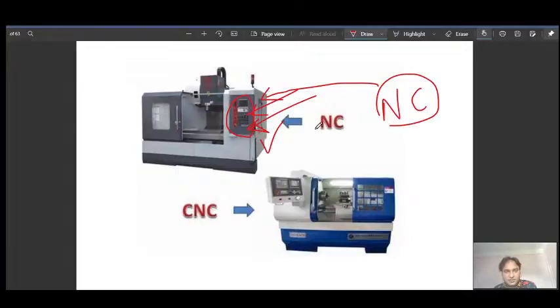In CNC machine, we have an inbuilt computer with the machine, and then we can enter the program on the computer and execute it. We can simulate the program, and if any error is there, we can remove it. Using the computer, with the help of simulation, facilitates our understanding and entering the program. It makes it very easy for us to enter the program.